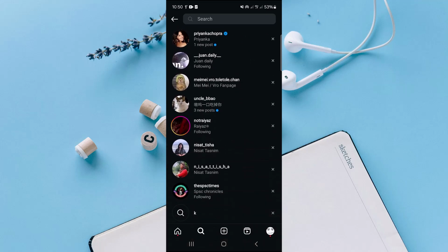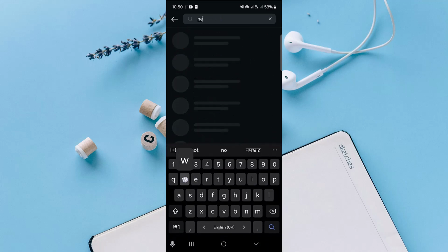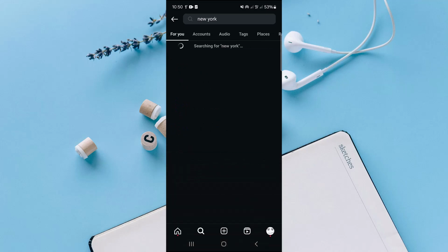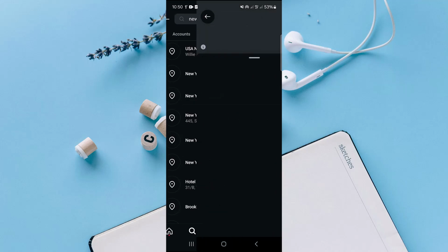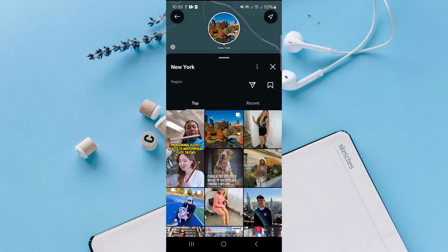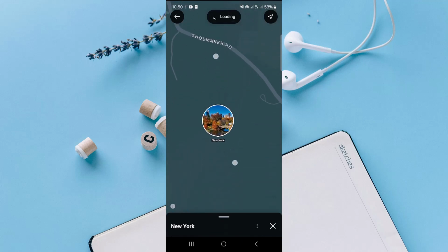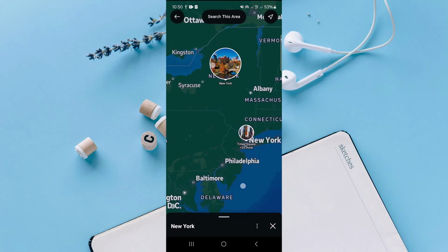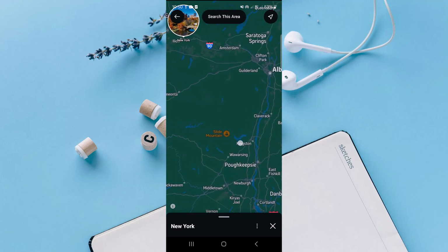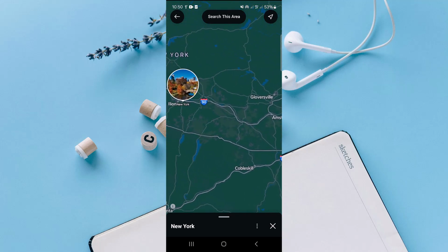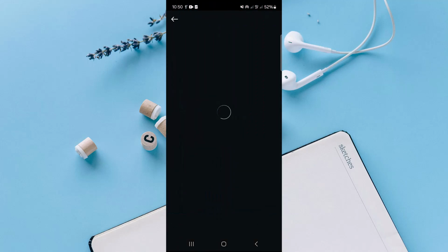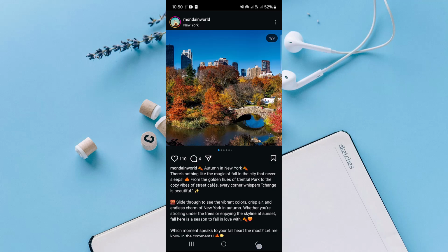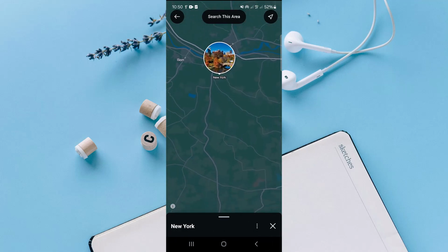Just search for a specific location, like I'm searching for New York. And then go to places and go to New York or whatever address you want, and then just zoom in, and then you'll be able to see several places that have people tagged in their pictures or their posts. And if you're able to see the post with that specific tag, then you'll